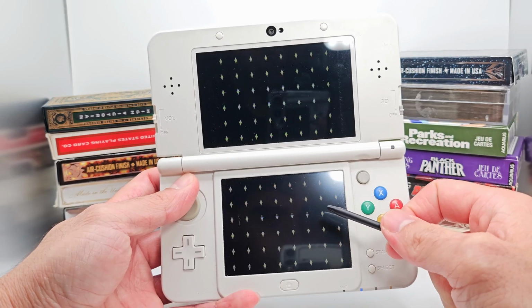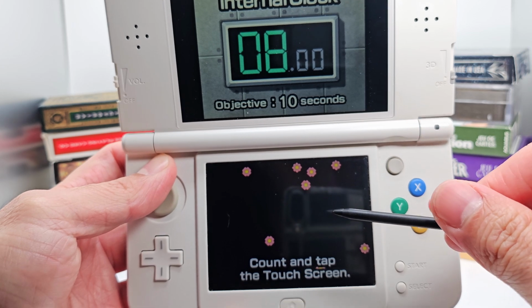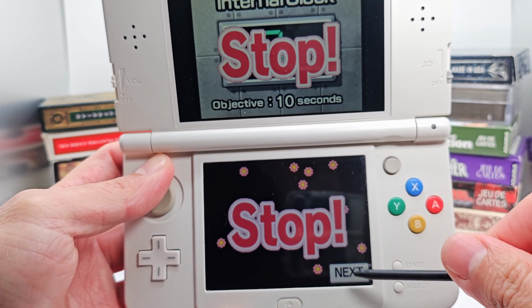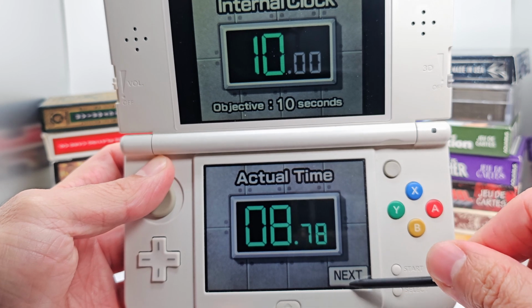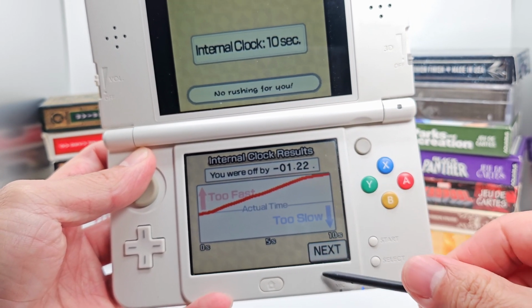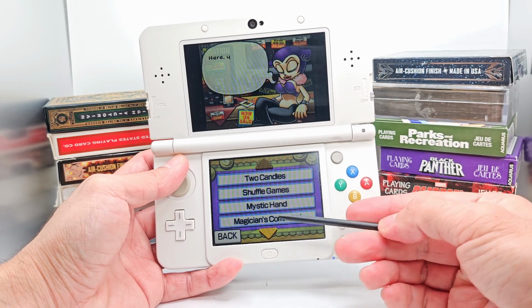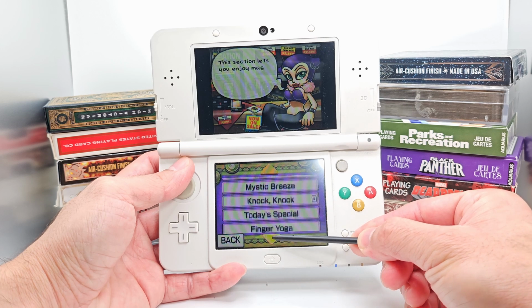As for magic training here, you can play sort of mini games like this internal clock one, where the goal is to tap the screen by counting to 10 seconds without using a clock or anything. Then once it's done, the game lets you know the actual time you scored and how close you were. A fun mini game to hone your skills, as the game states. In total, there are 8 solo magic tricks, 14 magic show tricks, and 10 magic training games, which vary in